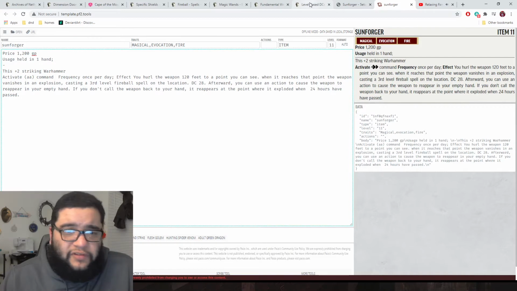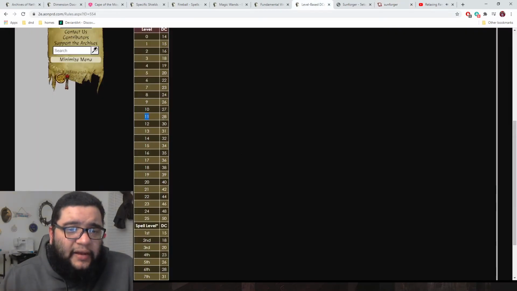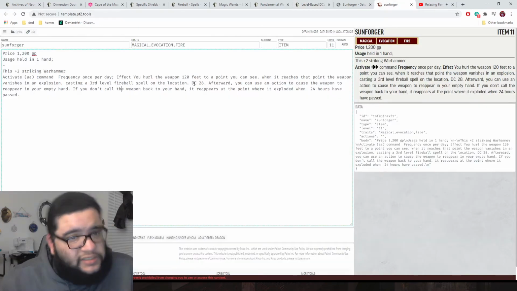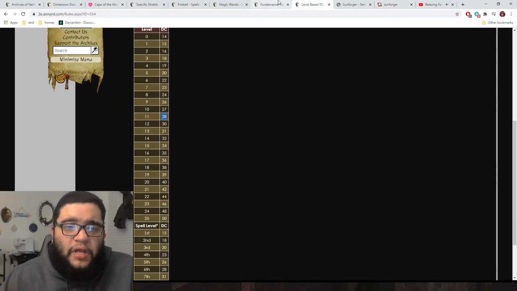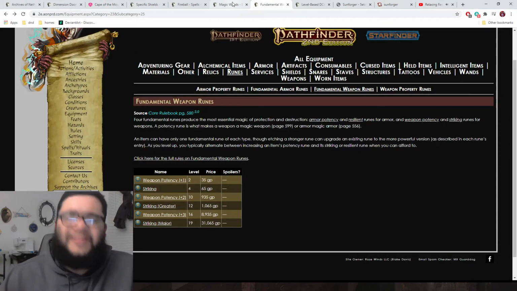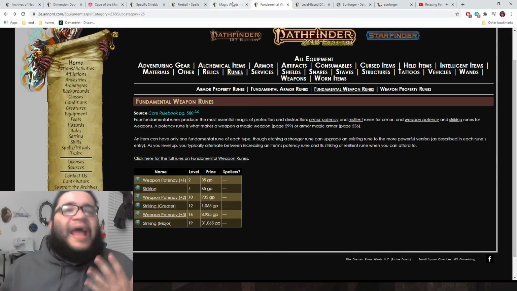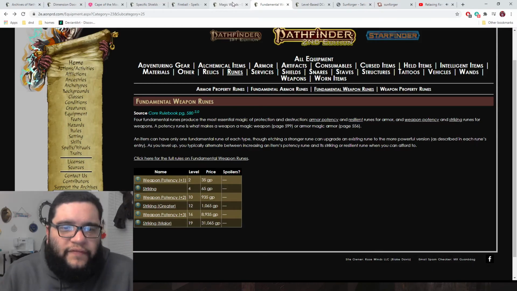So then we have to look for the DC of the thing, and for a level 11 item or creature, in most cases all these things are the same. The DC is 28, so we just plug that in, DC 28, and we go from there and fill out the rest. Now this is going to cover 90% of any of the effects